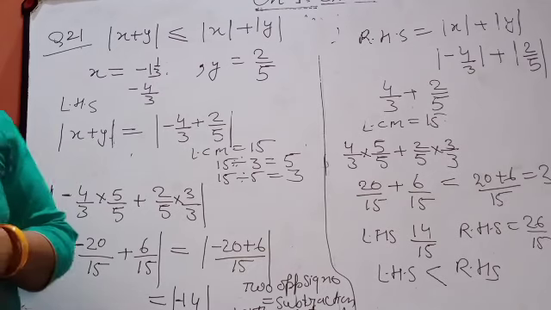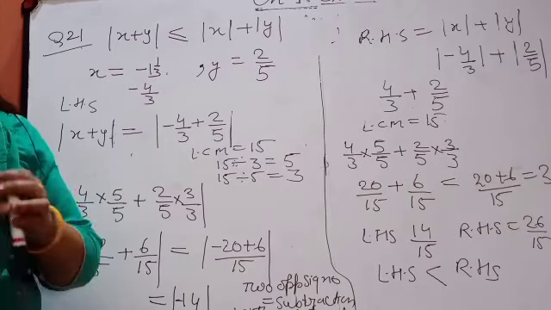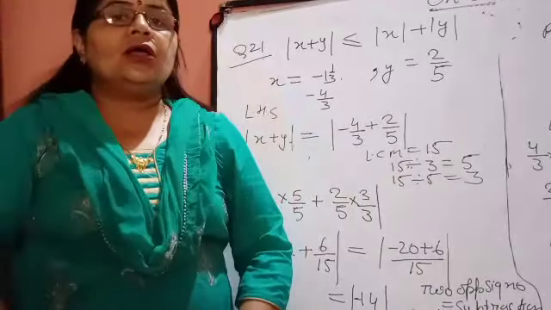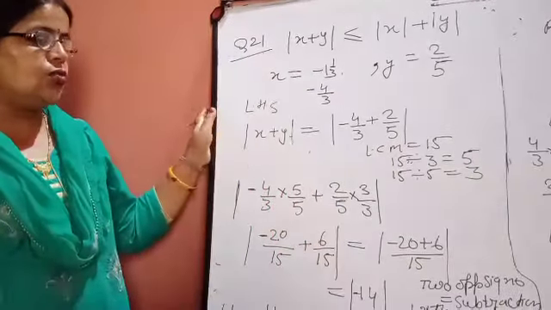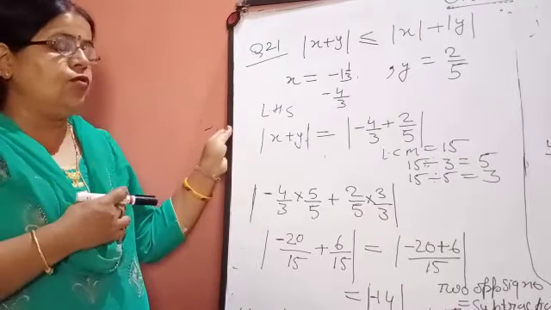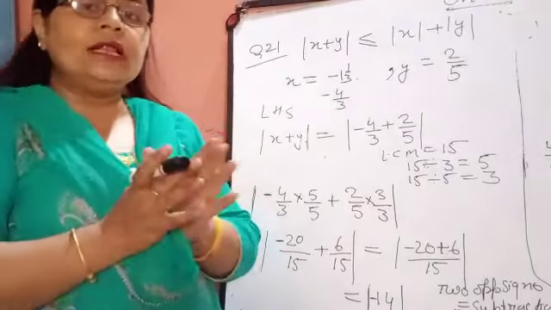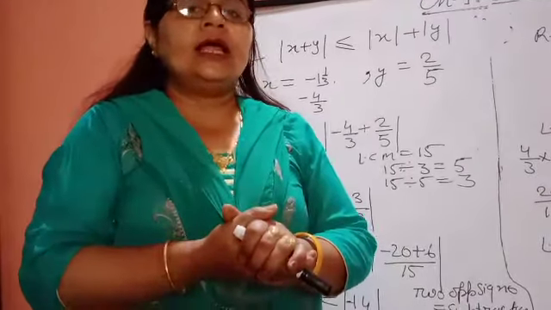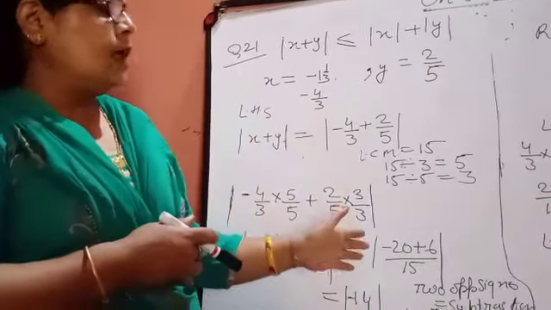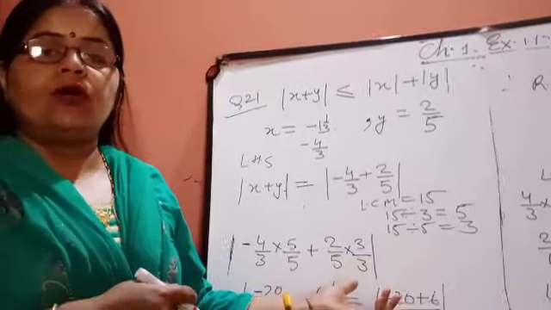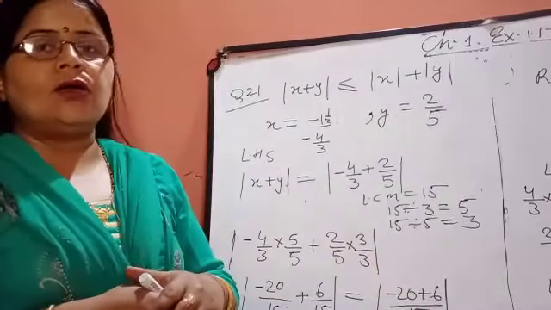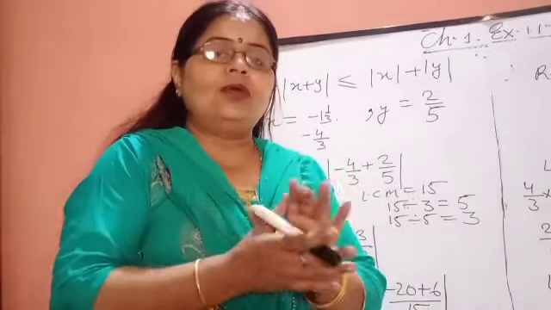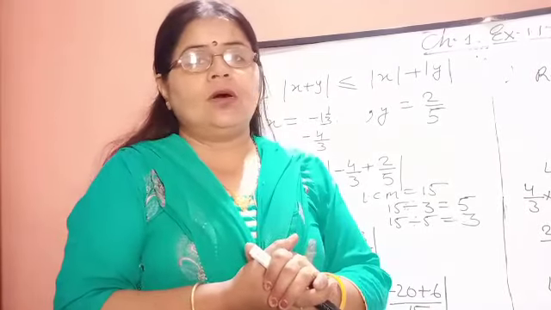Again I am repeating, beta, show me your work timely, because right now not any child has shown me their homework. You are not doing your homework, and this is an instruction to you. You have to maintain your copy in the same way as you were maintaining it previously while the school was running. Don't think that you are sitting at home, because anytime we can ask any of you for your copies, by taking your name randomly in the group, to show us your copy, whether it is completed up to whatever we taught.